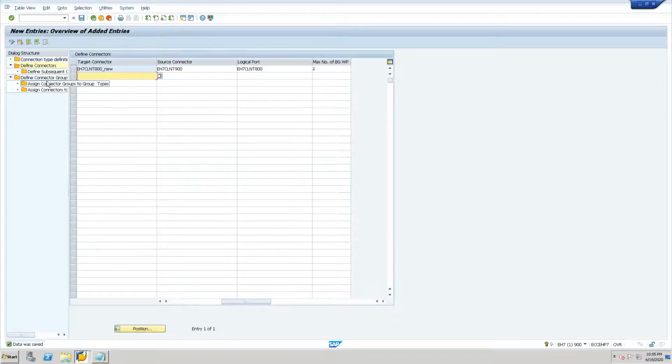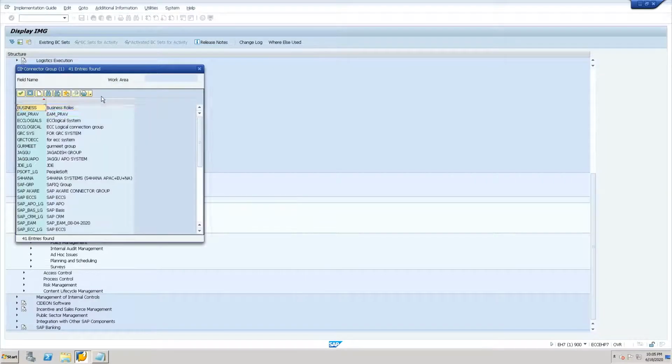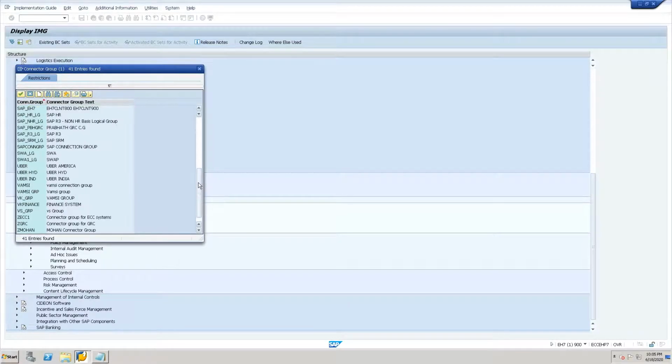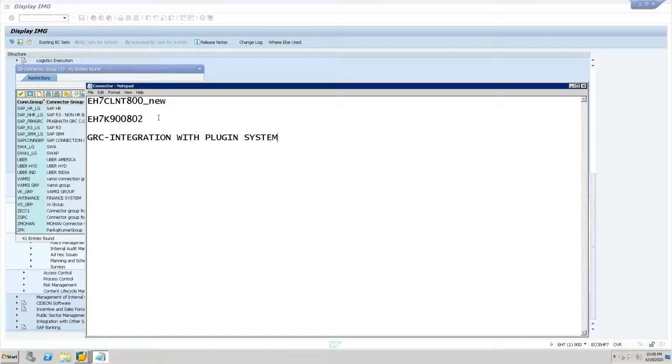So here you have to go to connector groups. We have several connector groups. You may not get the things which we have given over here. So if I type over here, these are the systems.